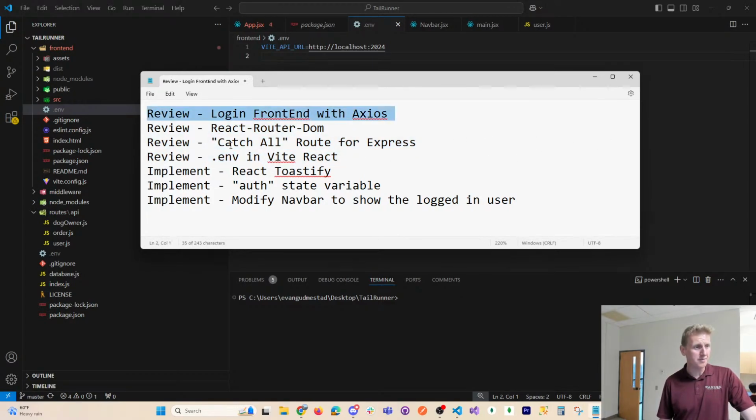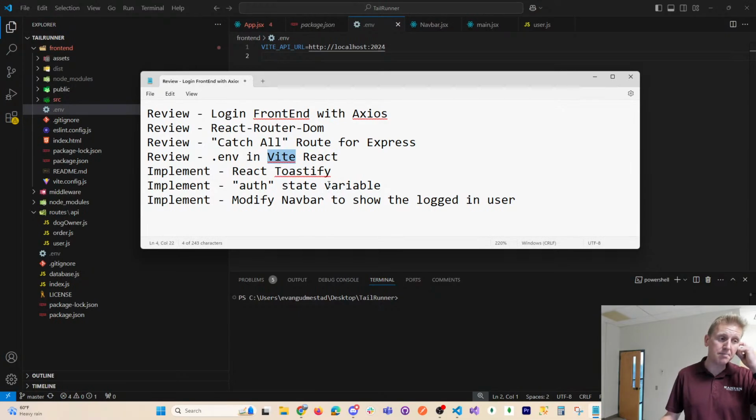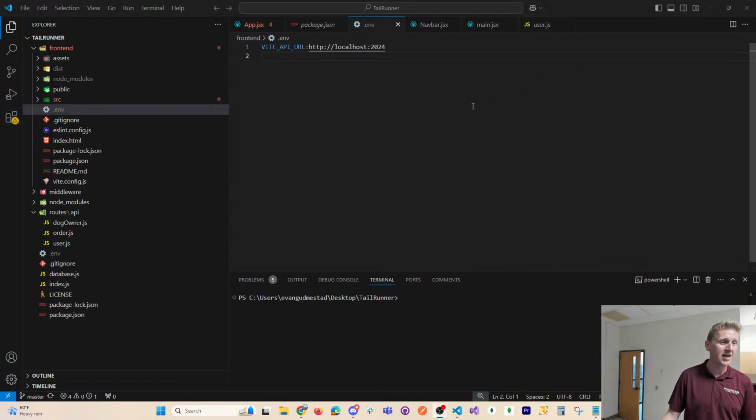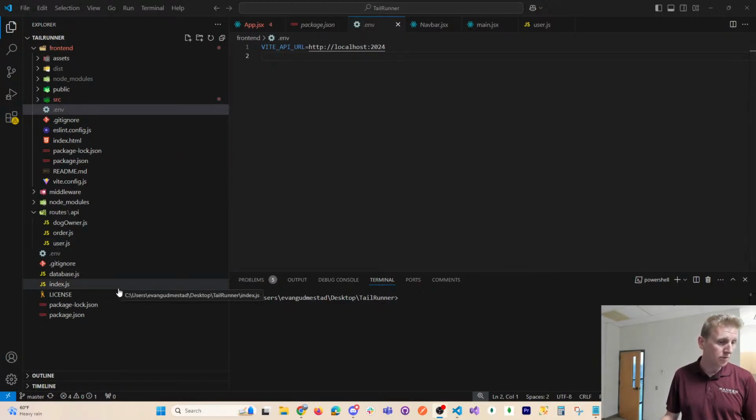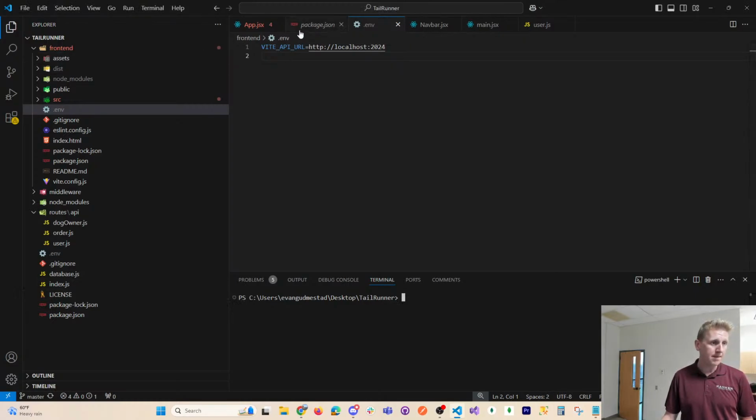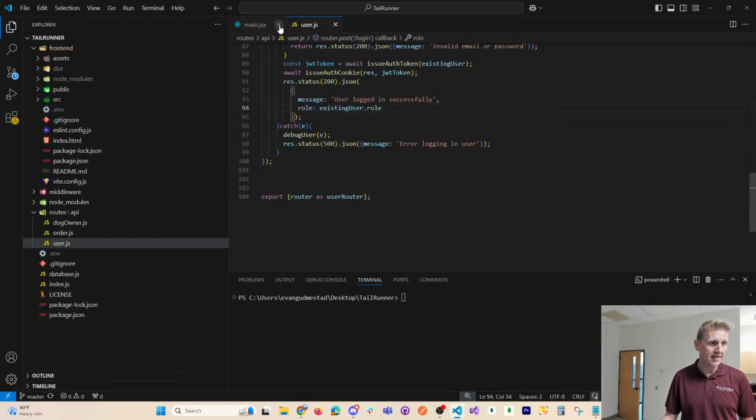To start from the top, I have a front end built in React, using the Vite package installer. It's a flavor of React using this Vite tool to install it. We've got a login system working with Axios, a dependency that makes calls to an API backend that we have built in Express. If I close all my tabs